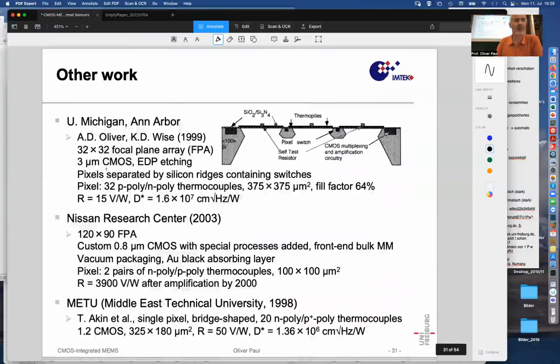It was done in a 3-micron CMOS technology that they had available at their labs there. They did EDP etching, obviously from the back. It was a big membrane with many pixels, schematically shown here as a series of 3 pixels separated by some silicon. So there are silicon beams underneath the membrane, like the gold beams on top of our membranes. And those structures were etched by some tricky EDP etching from the back. That's what they like to do. And that left some silicon,